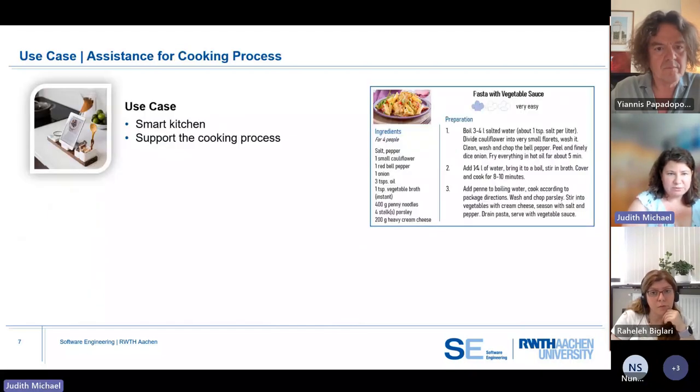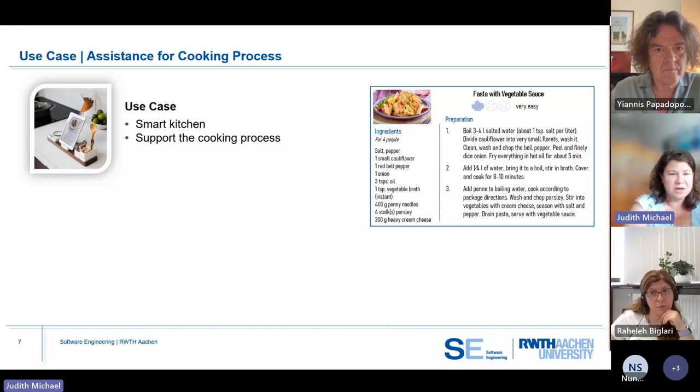What we have done is we've created a prototype looking into the different concepts that we have in this reference architecture. We've taken a use case as a smart kitchen, where we want to support the cooking process in a first step.